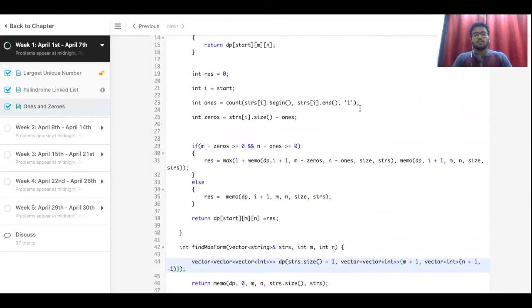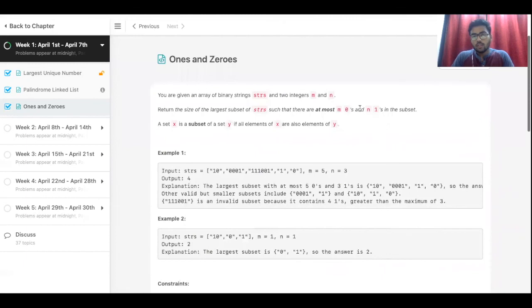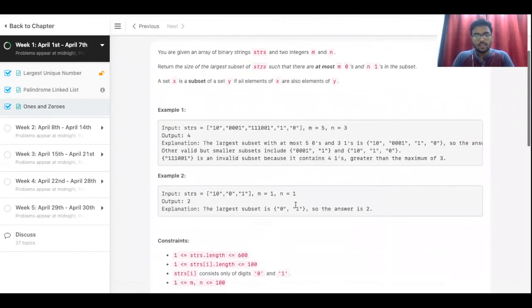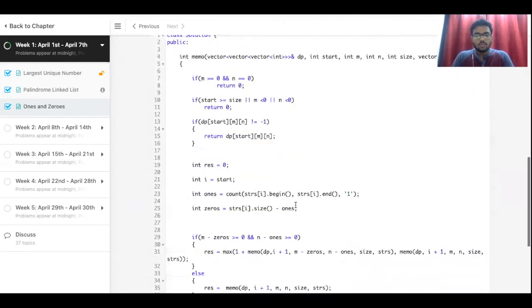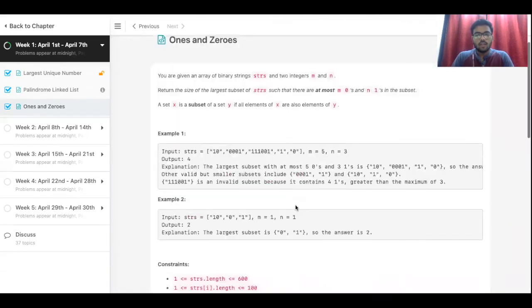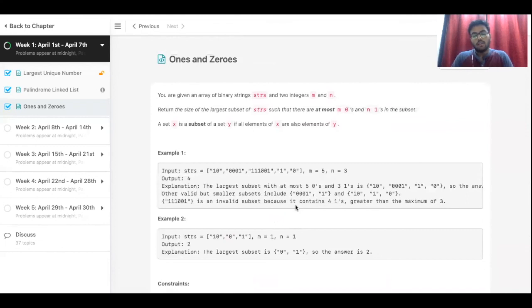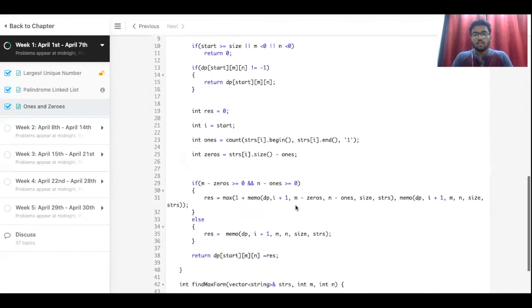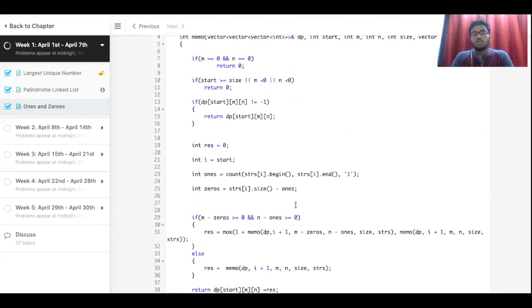All right, accepted. So I hope you guys understood the problem. Do solve it. It's a very good problem that you can solve after understanding the basics of DP. So do solve it. Thank you.